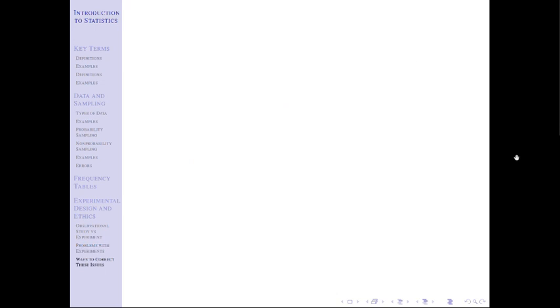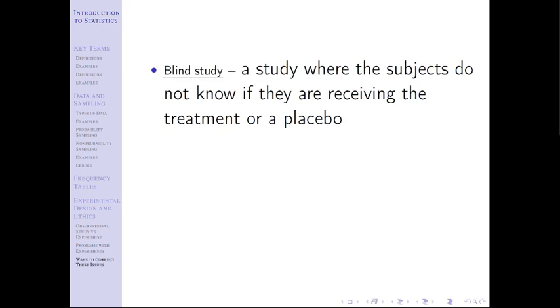And then we're going to wrap this up with how do we correct that? We correct these issues mainly with blind and double-blind studies. Blind studies are where the subjects do not know if they are receiving treatment or placebo. This is what I talked about with our migraine prevention drug. The people didn't know what they were getting, and that helps. If you tell someone they're getting a placebo, that effect goes away. If you tell someone they're getting a drug, that effect goes way up.